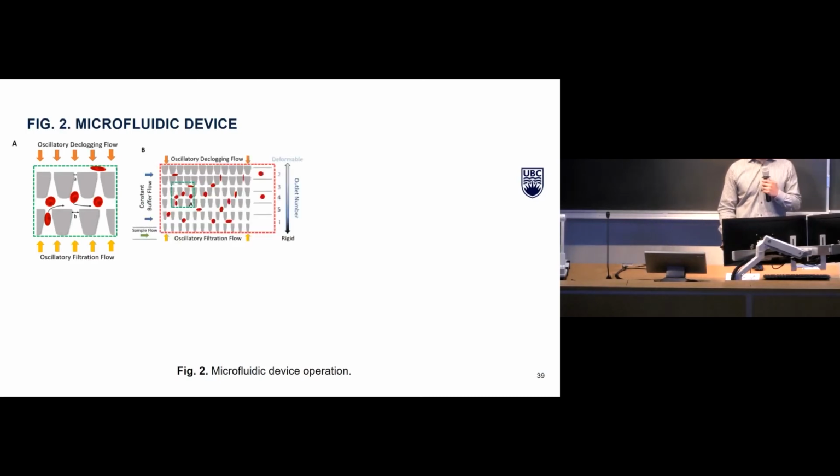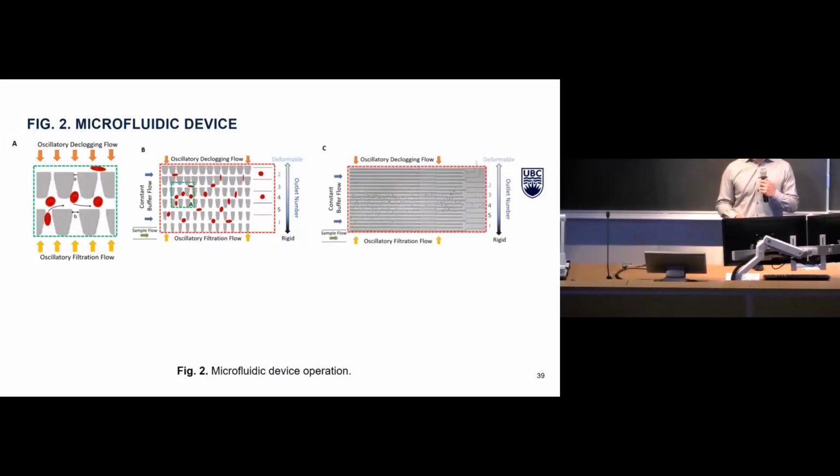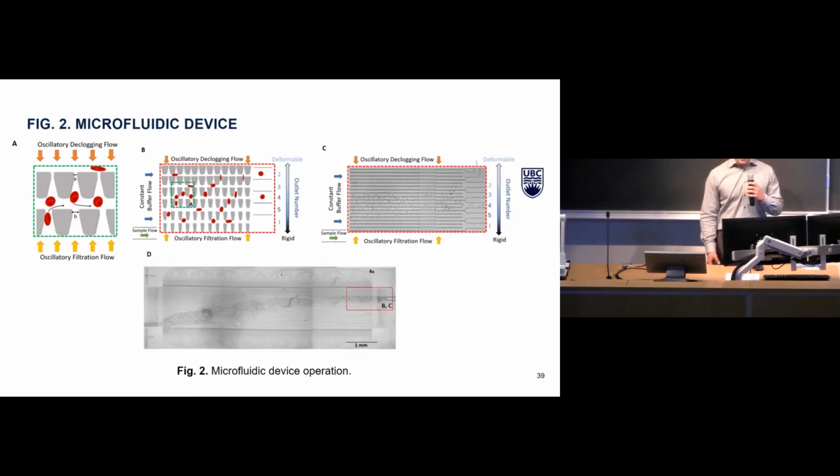Seen here in figure B is that the deformability sorting occurs in this matrix of tapered constrictions, and this produces a ratcheting effect. C depicts a 10x magnification micrograph of the active sorting region where cells are routed to different deformability outlets. And in D, we see a 4x magnification micrograph of the entire microfluidic sorting region. Red blood cells pictured here flow in an upward diagonal direction from the sample flow inlet on the left through the matrix of tapered constrictions and are primarily routed to outlets 3 and 4 on the right.